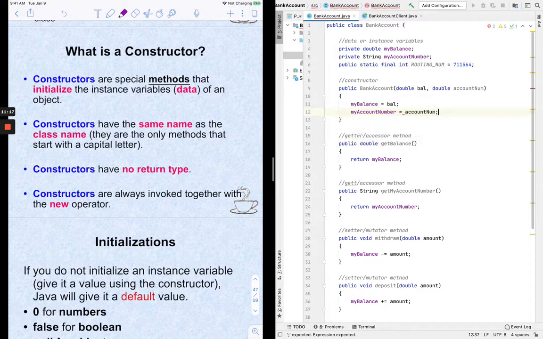So whatever somebody puts in the parameters here, oh, this was a string, has to be the correct type. Okay? Whatever someone puts in the parameters, my account number or the state of my object will take on that value. If I reverse it, so if I say bal becomes my balance,